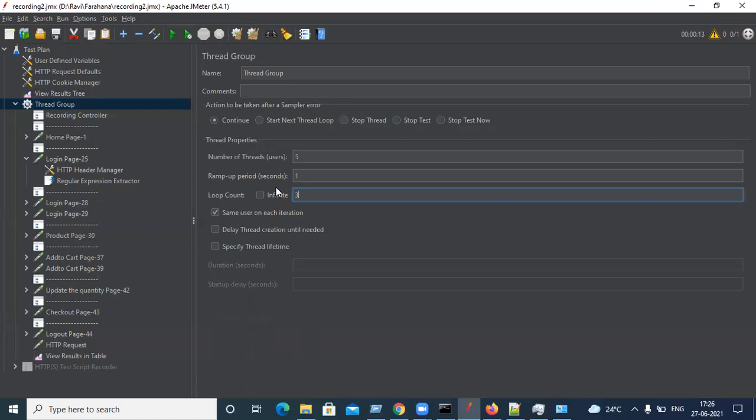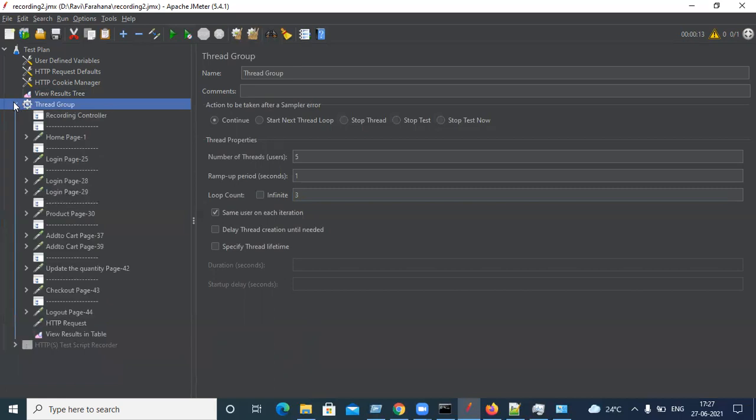We have 11 APIs, right? So total 15 into 11, it will hit. Because this count is for a single user, not all users. So one user 3 times, for 5 users, 15. So 15 will hit this third group, and in the third group, we have 11. So 15 into 11.